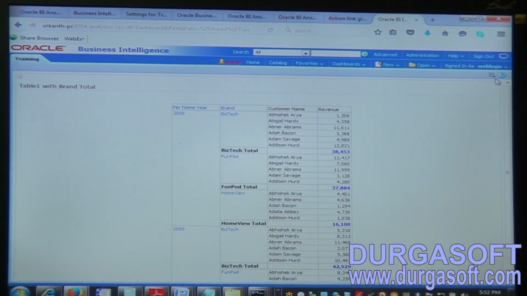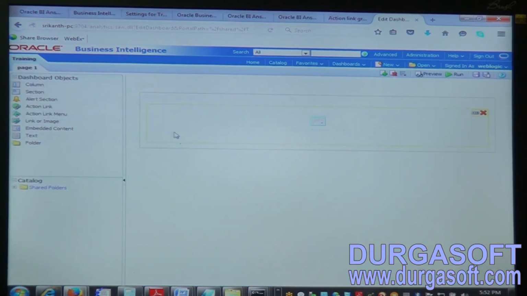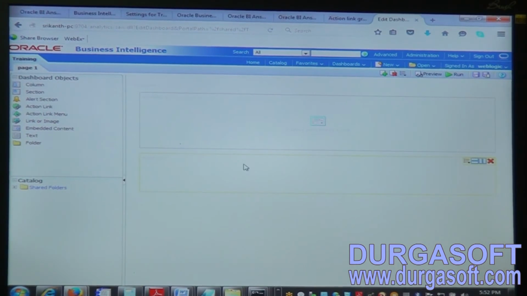Now if I go to the corner of the dashboard training, I can select edit dashboard. Once we click edit dashboard, we can add one more section, and we can add 2 reports in a single section also.